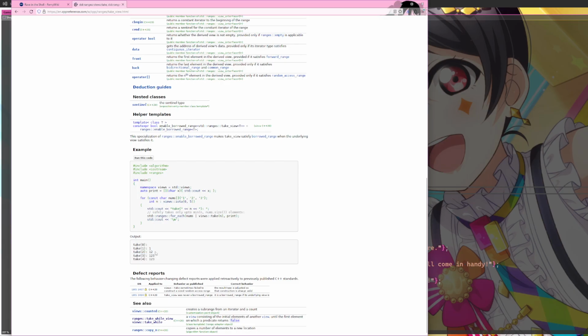So yeah, if I say take one, it will only take one element. Okay, so let's try that out. A take view. Never used this before.